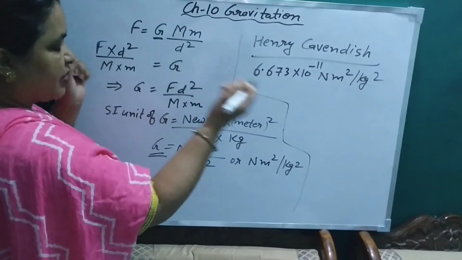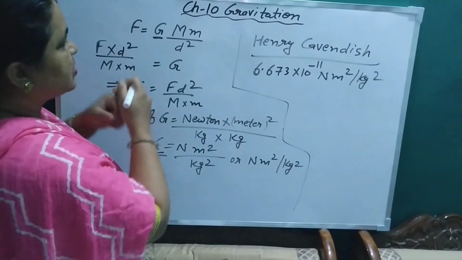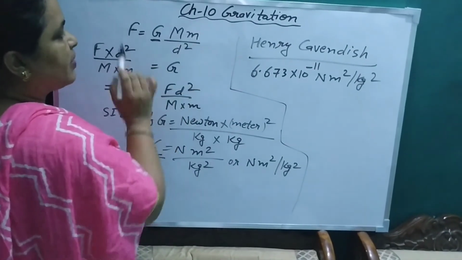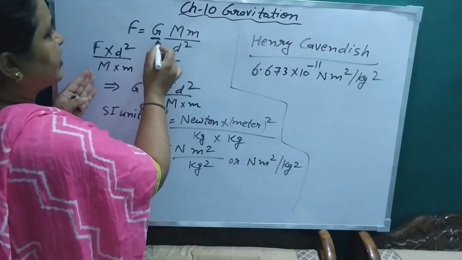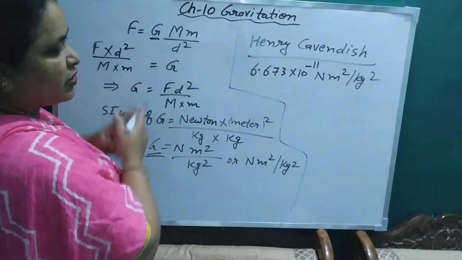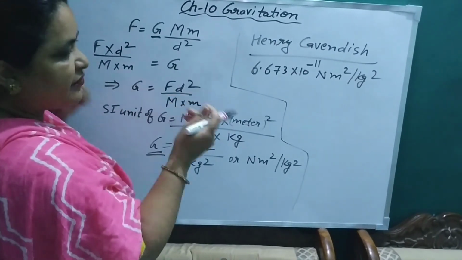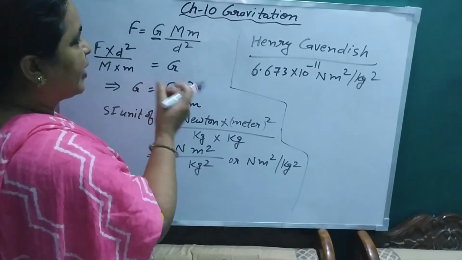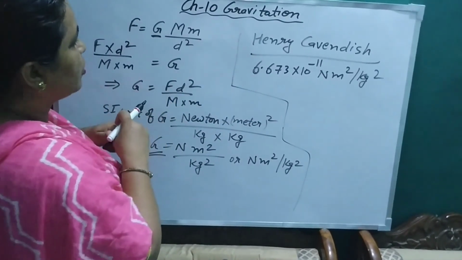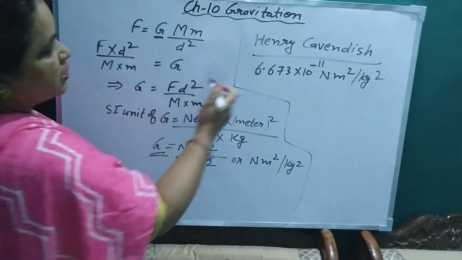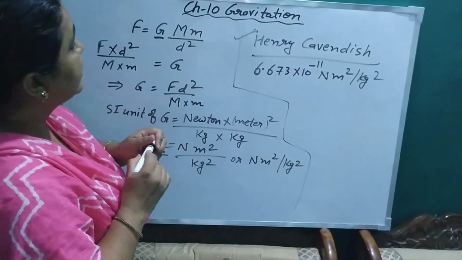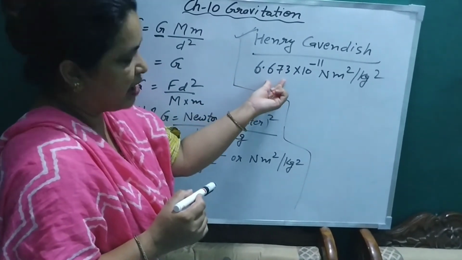Now you can calculate the force of attraction between you and your partner when you are sitting on the desks. Apply the masses of each other, your friend's mass, your mass, the distance between you, and then put the G value, and you can calculate why you are not attracted toward each other, because that value will come out very small. Moreover, this force of attraction acts from a distance, so it is also a non-contact force. So this is all about Henry Cavendish, the scientist who found it, and it is a constant that remains the same everywhere.